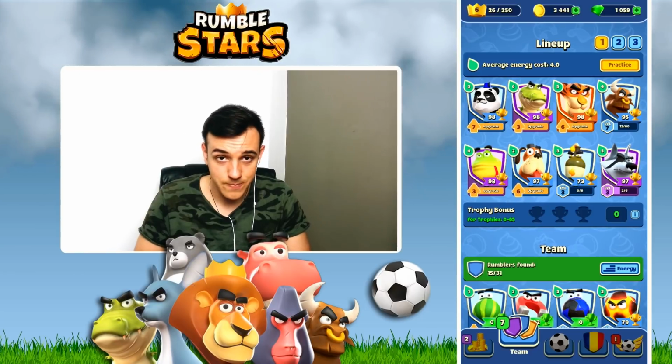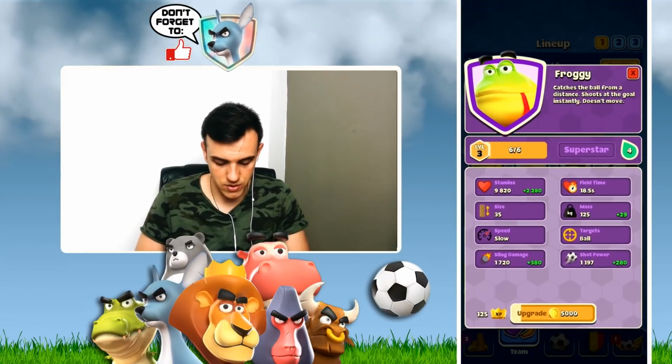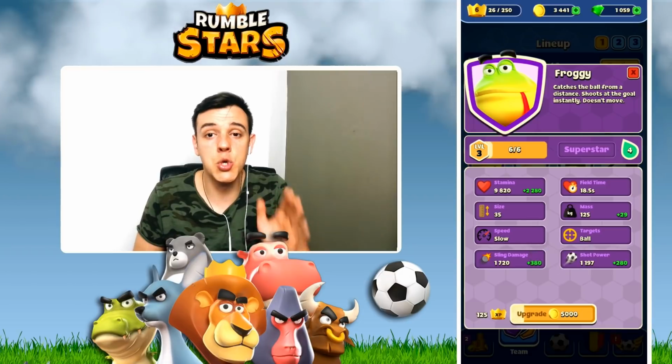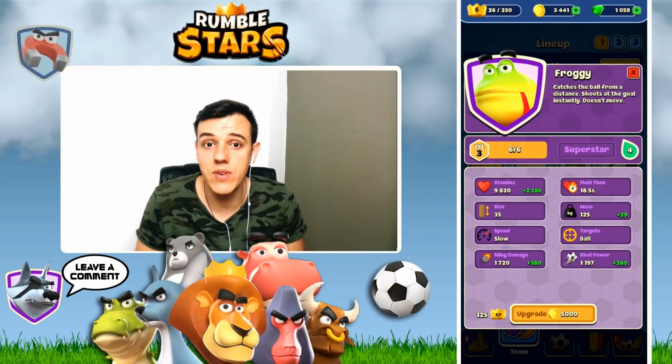And now guys, you're going to ask me, hey, but you said you're moving to the defenders and you have the Froggy here. Guys, the Frog is a really good defender, so trust me, use it as a defender. This is my biggest surprise for you guys. Why am I using it as a defender? Because